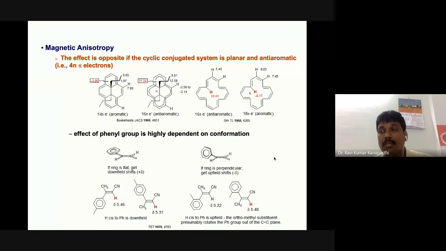The protons attached to the peripheral carbons of the aromatic system will be absorbed as usual, but the inner core atoms will be found in a de-shielding region. So based on the inner protons' chemical shift values, people distinguish whether it is an aromatic or anti-aromatic compound. Of course, please remember that in the case of anti-aromatic compounds, the outer, I mean peripheral, protons are again the same, but only the core protons will be different.